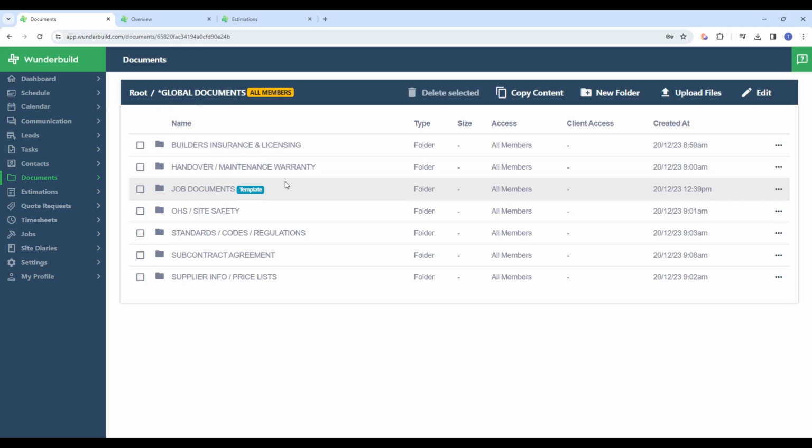And like I mentioned before, these are the documents which I want my team members to have access to, and they're general documents that apply to a building company as a whole. So we've got here a folder for builders insurance and licensing, so you can store your company insurance documents and your builder licensing or registration documents. Folder for handover and maintenance warranty documents, so this would be where you'd store your general templates as related to your client handover. Job documents, I'll get to that last and I'll show you how that works, but pretty much